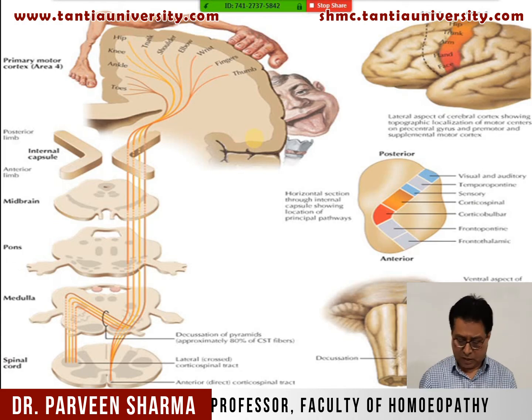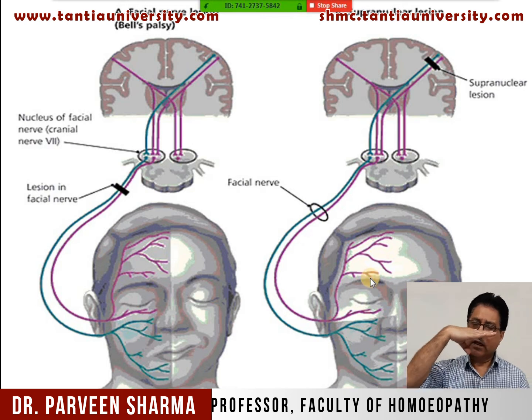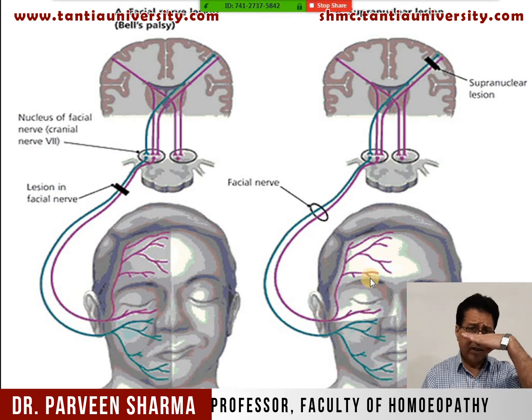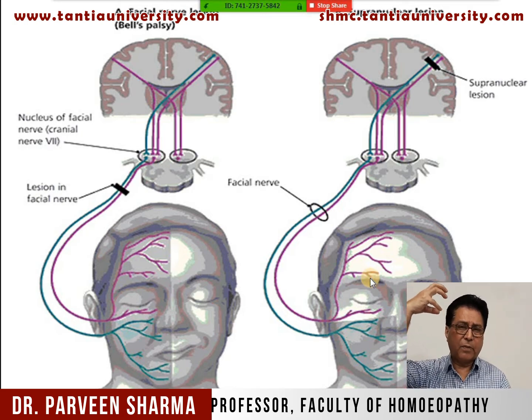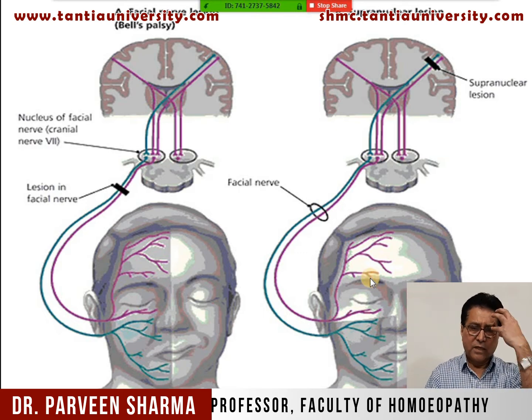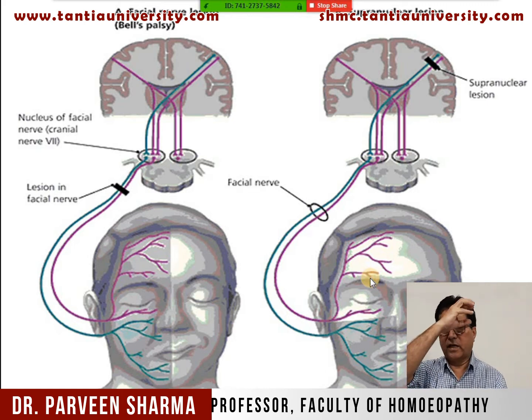So what happens in a supranuclear lesion? You see, this is the supranuclear and infranuclear lesion. This is the supranuclear, where the lesion is here in the brain. The infranuclear lesion is here, where the facial nerve comes out through the stylomastoid foramen. What happens in a supranuclear lesion? The upper half of the face escapes from paralysis. What is the reason there is no paralysis? Because the upper half of the face has bilateral representation in the cerebral cortex. So this side of the muscle has connection with this side and the same side. Ipsilateral, same side. Contralateral, opposite side. So if one side does not have its function, the other side is communicating and supplying.